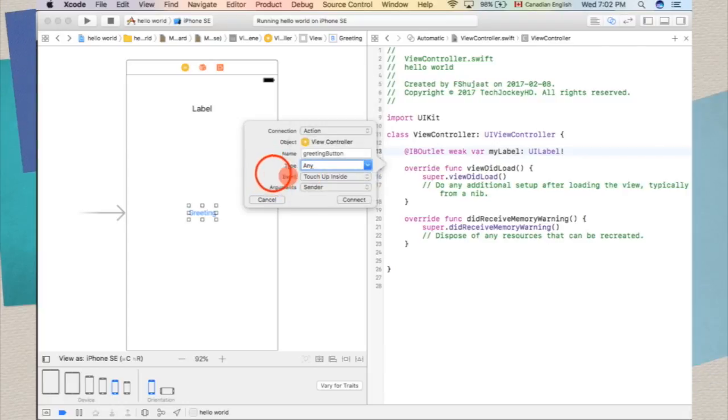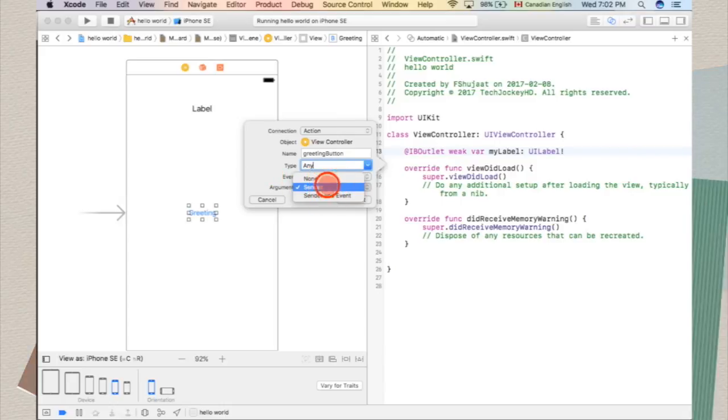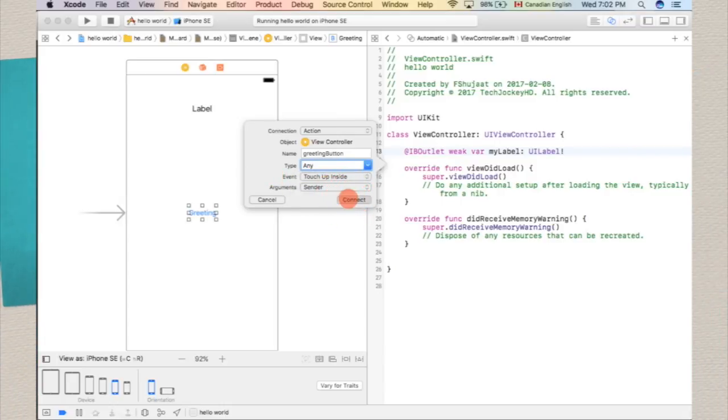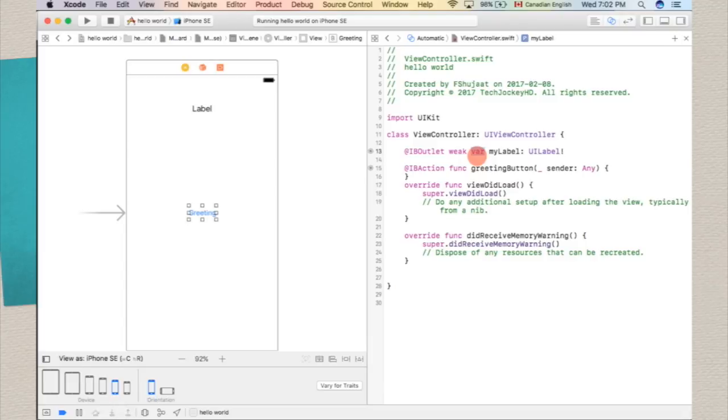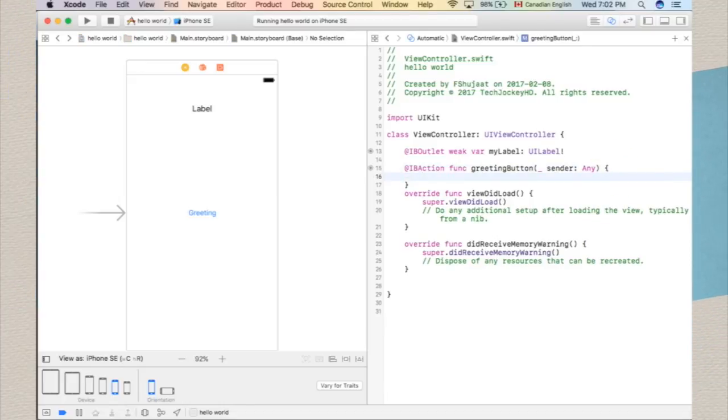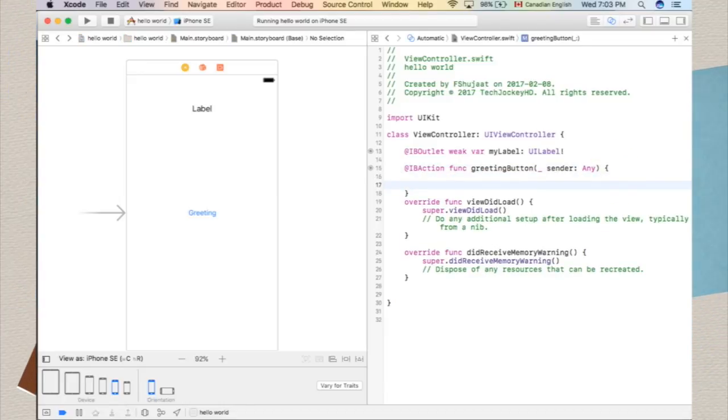Which is obviously how you would expect a button to work. Argument, let's not worry about it, keep it center, and connect it. Alright, so if you guys notice, the button is a function and label is simply a variable, which is stored in this location. Alright, so let's just start off very slow, and we are going to simply print